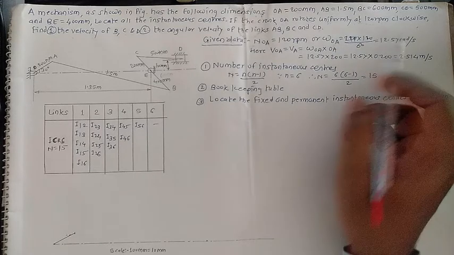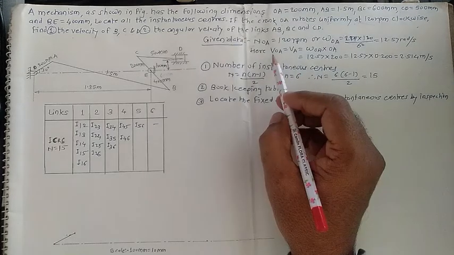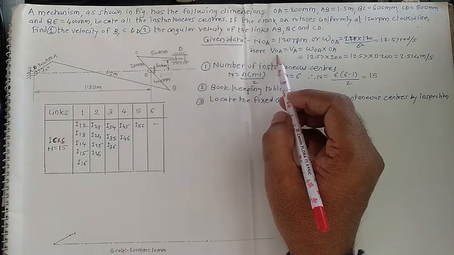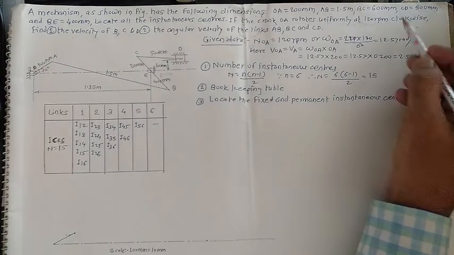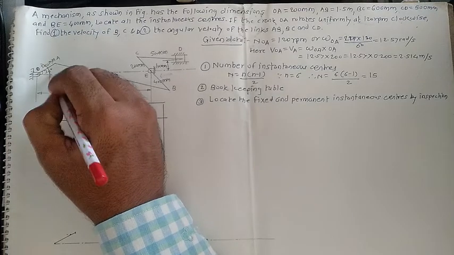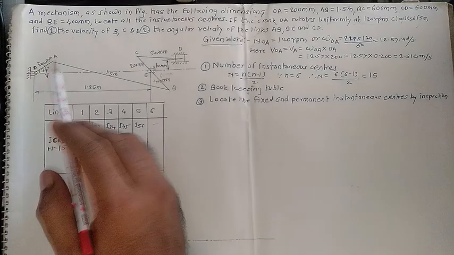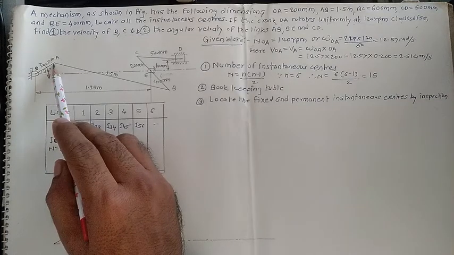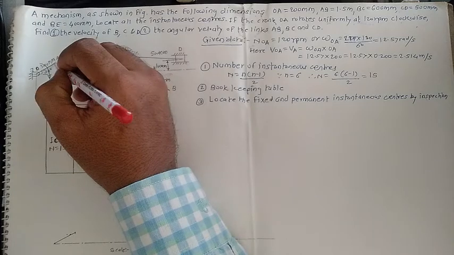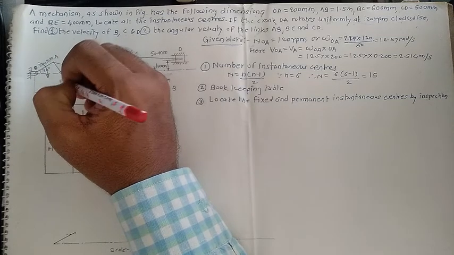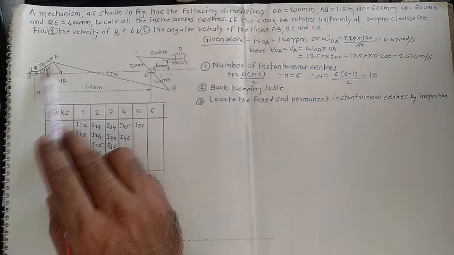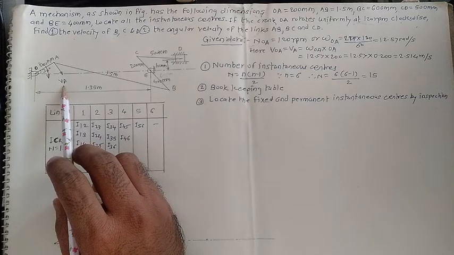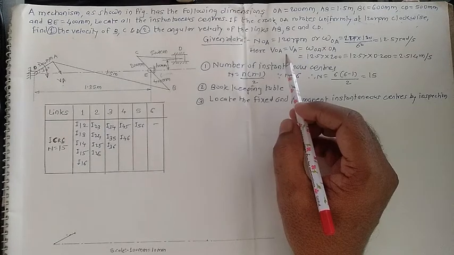Now here, V OA is nothing but, if you focus on the crank portion, the tendency is already given here. It will rotate about this point in the clockwise direction. In this way the direction of the rotation is given. Here is the point A. We get the tangential component at this place, which is nothing but VA. So the linear velocity of this link OA we can get in this way.